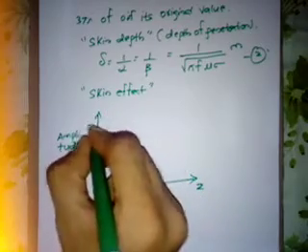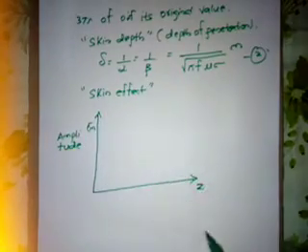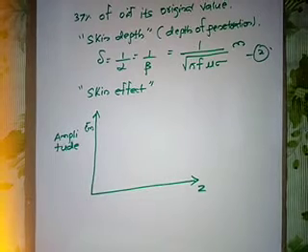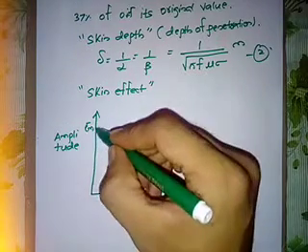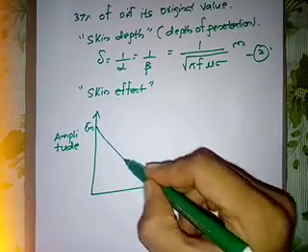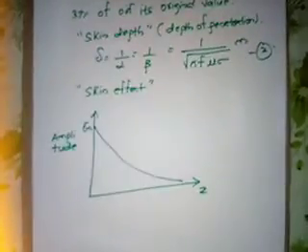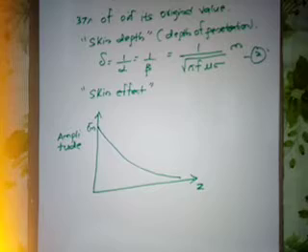It starts from Em, the maximum amplitude. As we have seen in the equation just now, it is Em e raised to minus alpha z, or e raised to minus alpha d. Correct? So as it is e raised to minus, it is exponentially decreasing. Right? So this is how we get the curve.